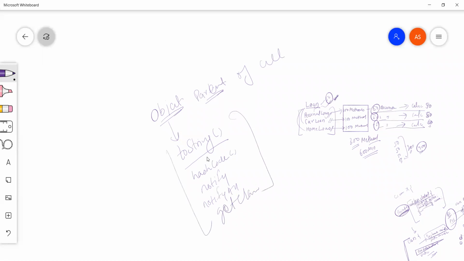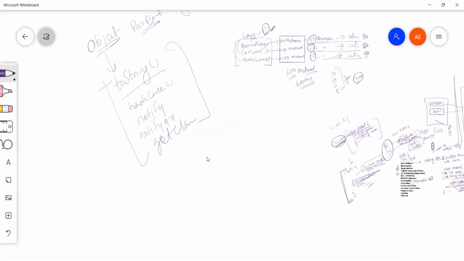There are other methods too. All these methods are available to all the classes which you are going to write. Let's say I write class Person. I haven't defined anything here, but with this class Person I can use this toString method, hashCode method, notifyAll, getClass, right? So this is the benefit of inheritance.